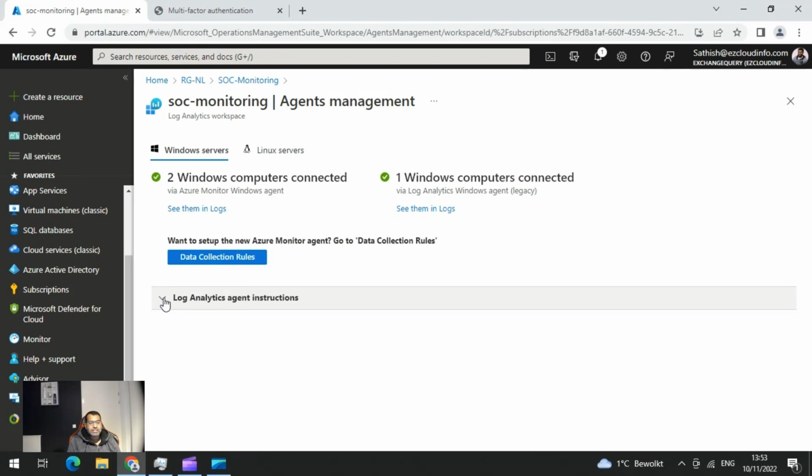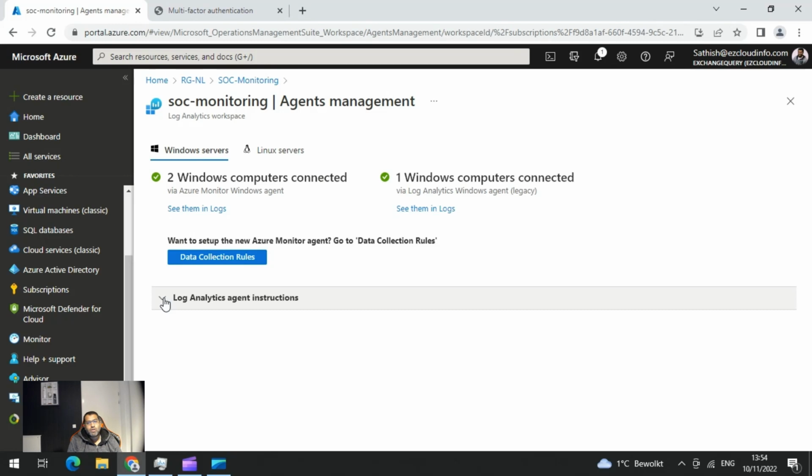You need to download that agent, and then it will show you the workspace ID and the key. I don't want to click on the drop down because then it would expose my key. You can download the agent according to your configuration,